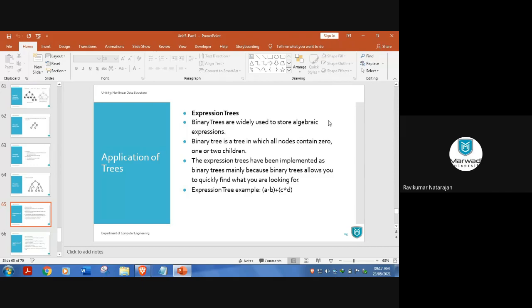Yeah. So what would be the applications of trees? Where can we use trees? Do you think this tree concept can be applied somewhere? Where can we apply it?